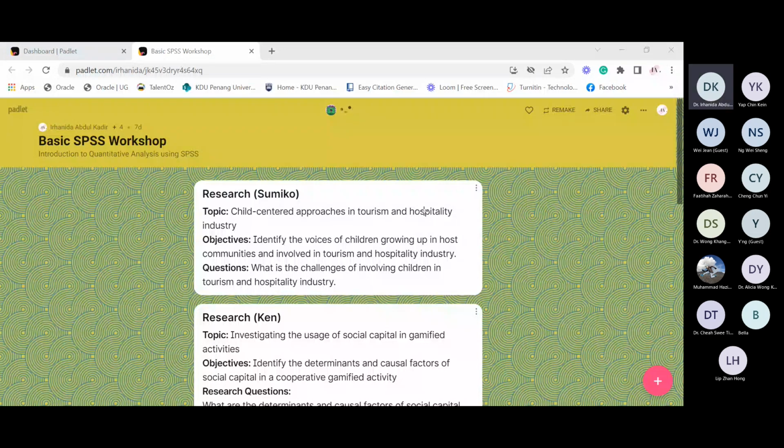quantitative data analysis. Earlier we were talking about the fundamentals of quantitative research. Before we proceed to all this analysis, we must understand what we need to do. We need to have the topic, the objective, the research question, the hypothesis, all those. So now, after we already have the topic, we need to know what kind of analysis is suitable to achieve our objective and to prove our hypothesis. So we move on to the analysis part.